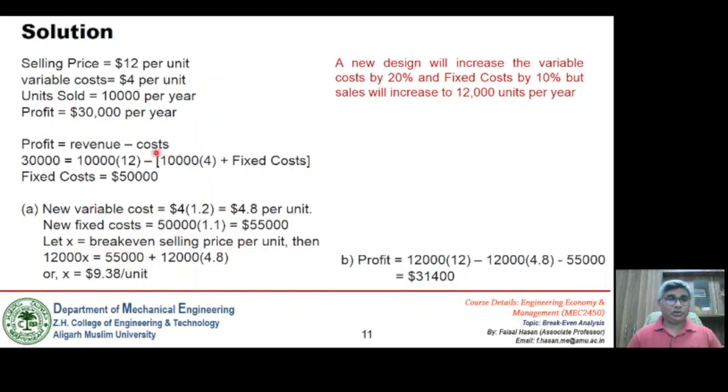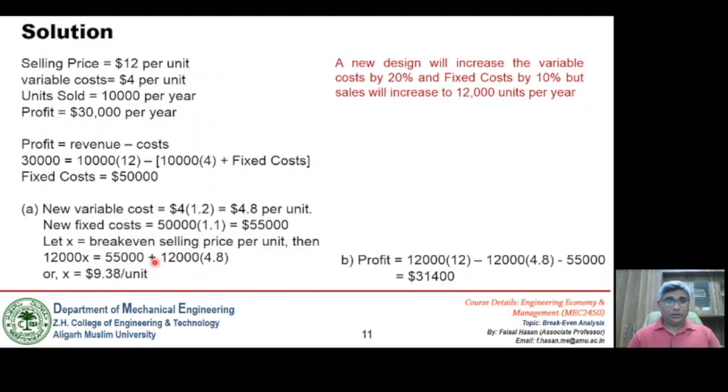Again, using this particular equation, if the selling price is X, the number of units sold will increase to 12,000 units. So the revenue generated by selling 12,000 units will be 12,000 multiplied by X, and this will be equal to the revenue generated. The profit, and the fixed cost. So the fixed cost will be